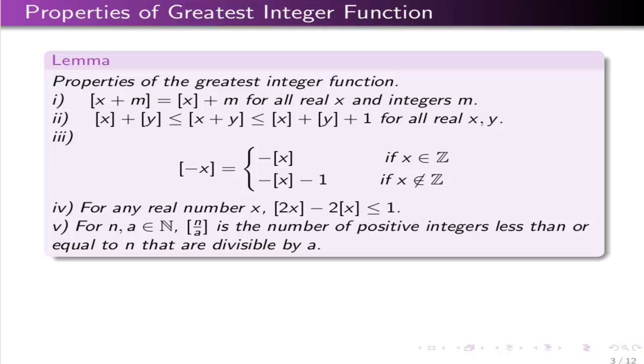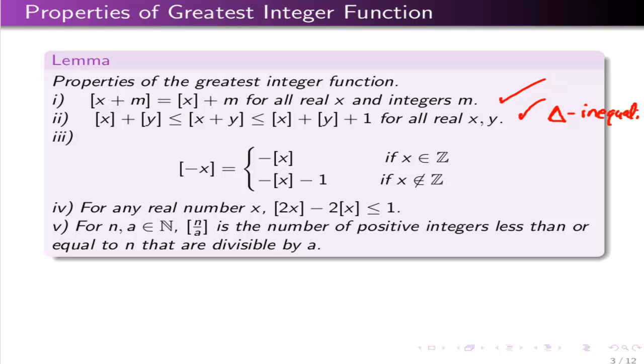So some of these properties of the greatest integer function we've already seen. Property 1, we did that. That's very elementary. Bracket x plus any integer m is just bracket x plus m. The second property is a type of triangle inequality, so let's go ahead and refer to this as a triangle